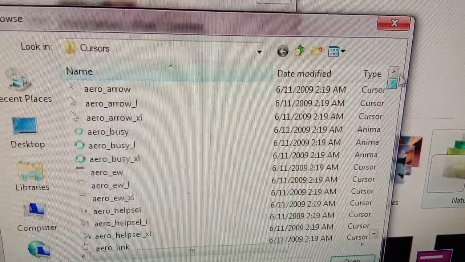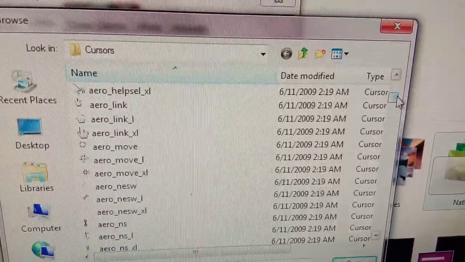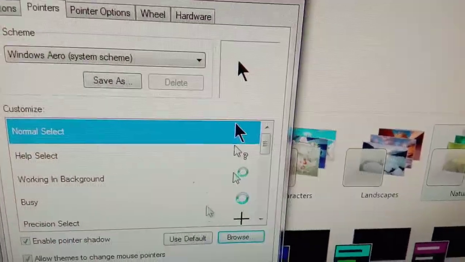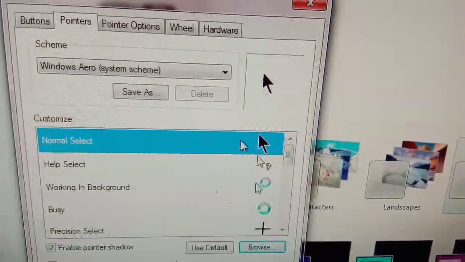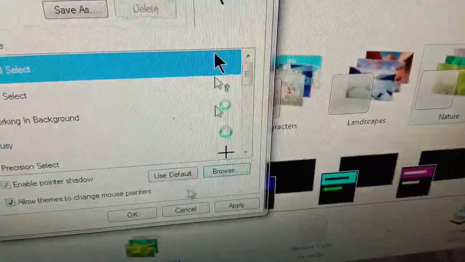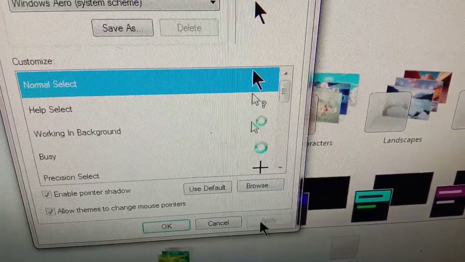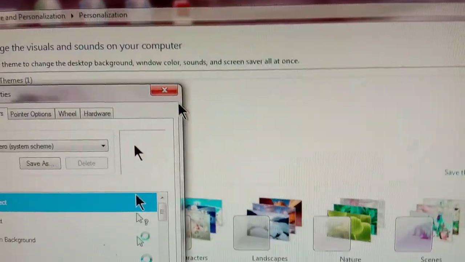For example, I want to do the icon this one. Okay, I want to select this and then I will apply. See, this is my icon now.